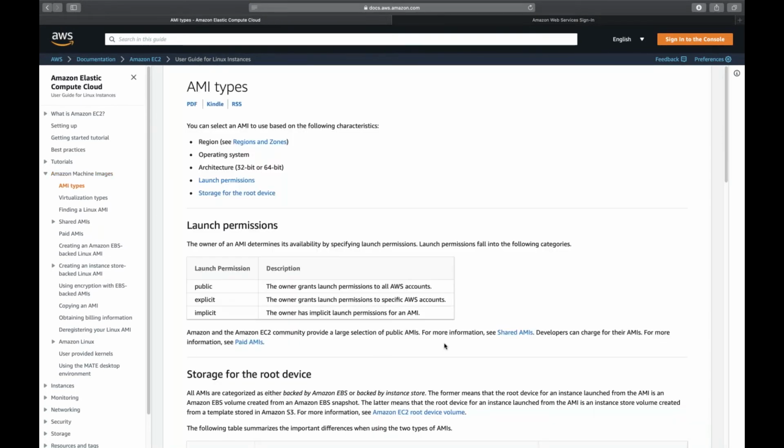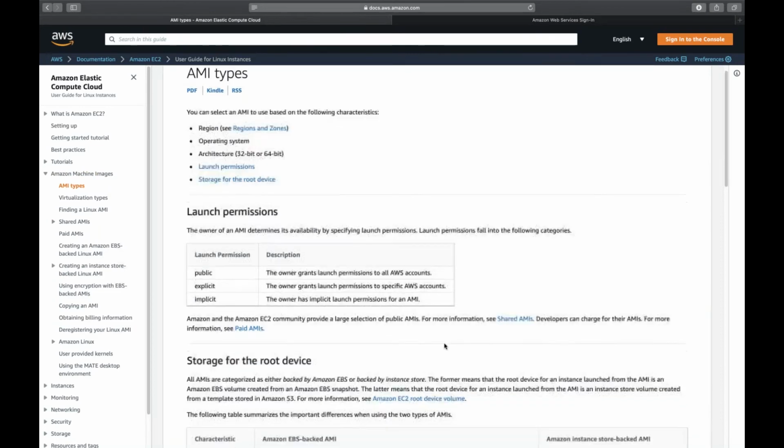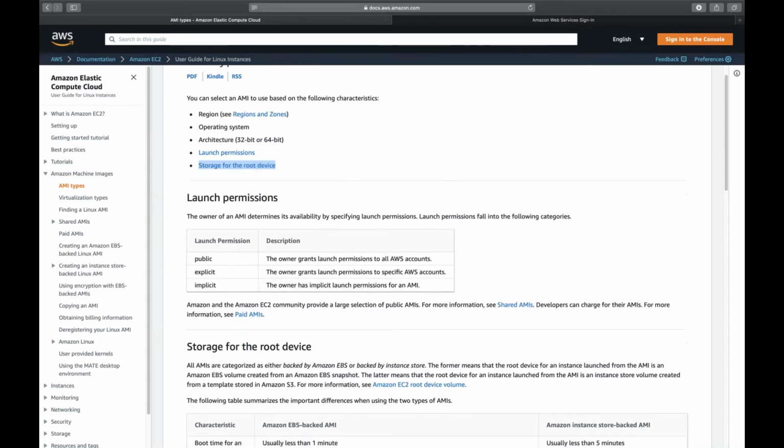And what are the AMI types? There are five options: you can select by region, by operating system, by architecture, by launch permission, and by storage. I think we discussed more of this. Then there are three things, which are